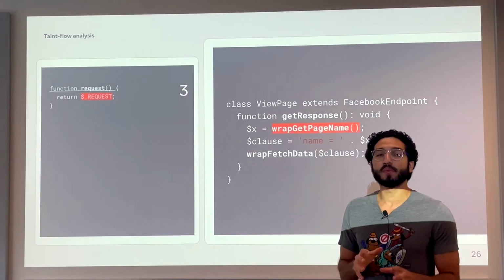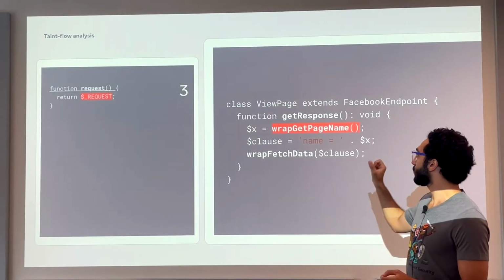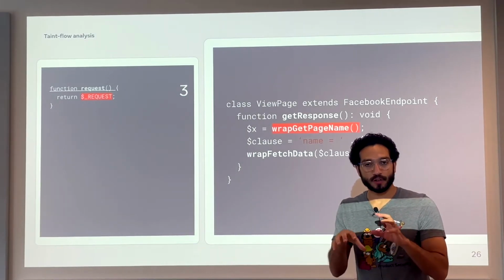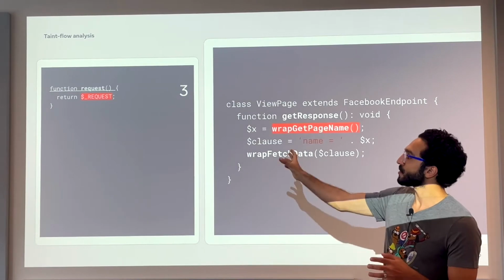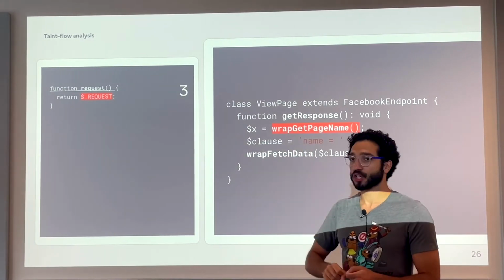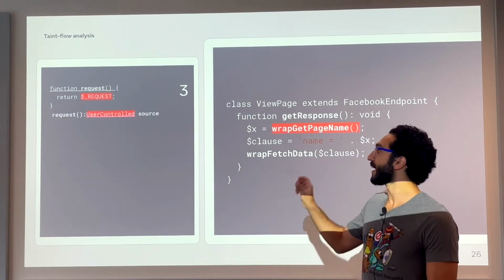So it will work more or less the same. The tool will start from the wrap get page name and try to analyze this function. But to give you a good understanding of how it works, let's start from the deepest call, the request function. When the taint flow analysis tool analyzes this function, it will say this function is returning a user-controlled